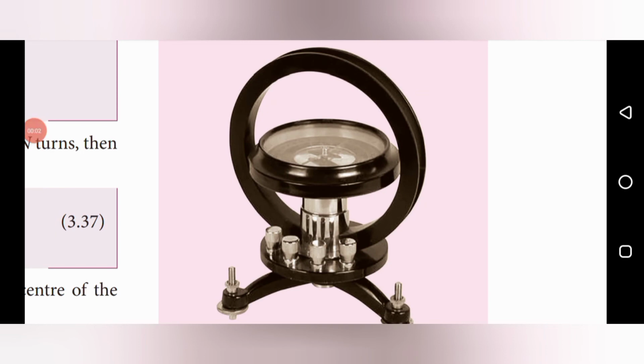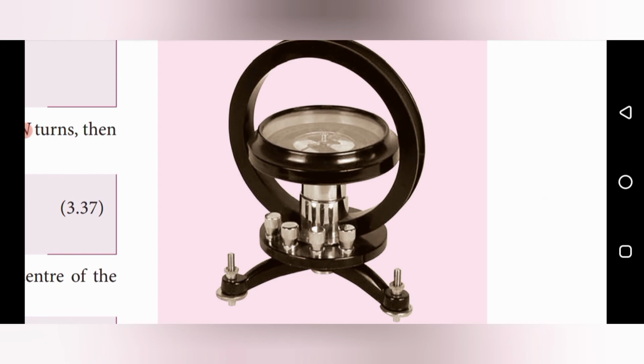So the next one, the construction of the tangent galvanometer. It consists of a copper coil, and the copper coil is framed. The frame is made of wood or brass, and also the base table. Here the leveling screws are there in the base table. That leveling screws can be adjusted by using the spirit level, and also before that, there are 4 terminals given. These 4 terminals denote the number of turns of the copper coil. The first 2 represent n is equal to 2 turns, and the center 2 terminals represent n is equal to 5 turns, and the last 2 represent n is equal to 50 turns.